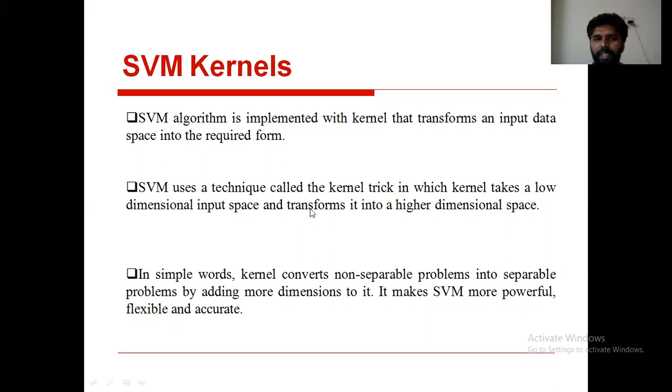Here, kernels take a low dimensional input space and transform it into a high dimensional space. See, to convert low dimensional input space into higher dimensional input space, we are using kernels. What is the objective of a kernel?